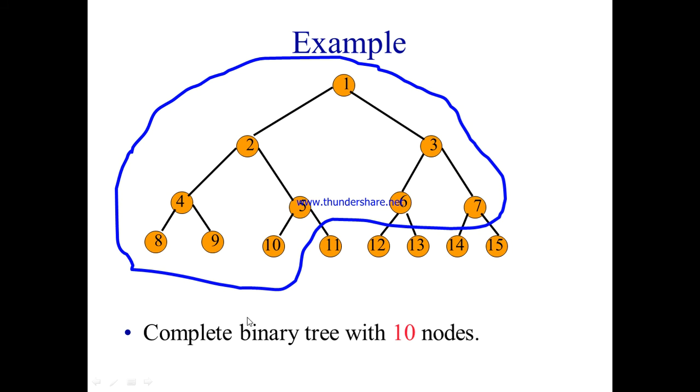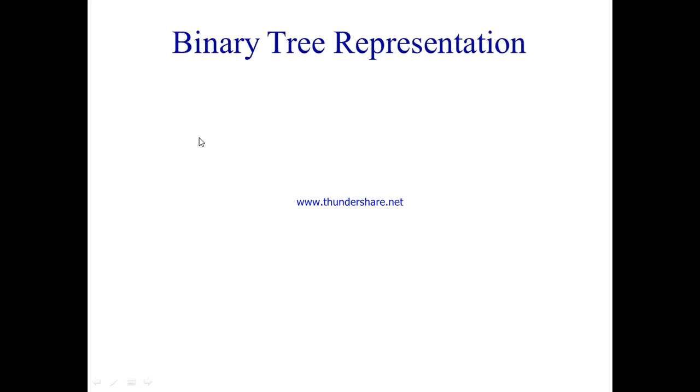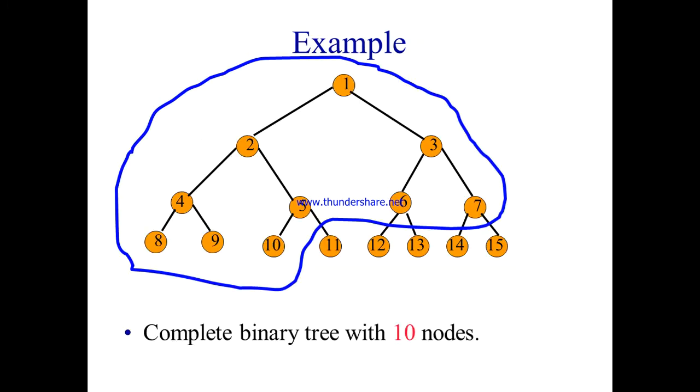Okay, the difference between full binary tree and complete binary tree is, complete binary tree is nothing but the subtree of full binary tree, where we need to have those many nodes, how many we are mentioning. Like if I am mentioning that complete binary tree of 10 nodes, so in this one, this part is said to be what? Complete binary tree. Right? So that is about full binary tree and complete binary tree.